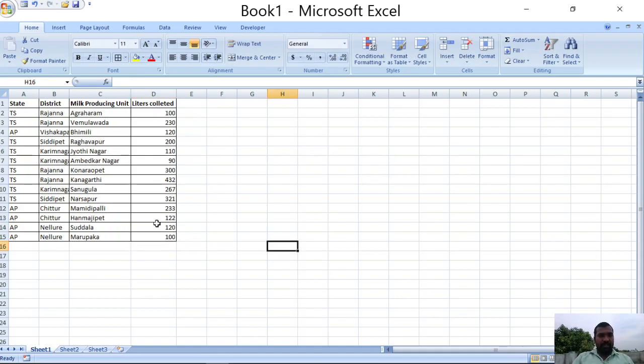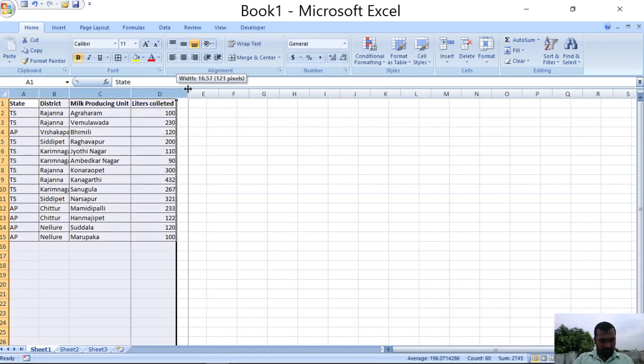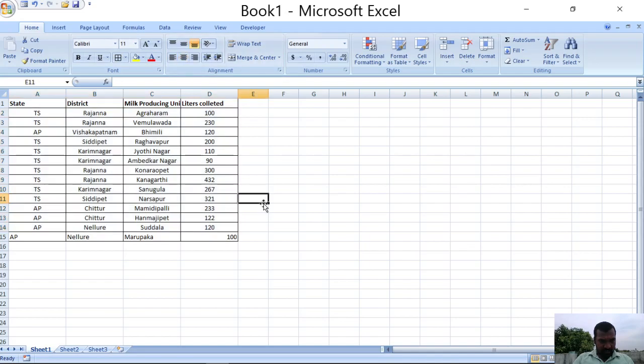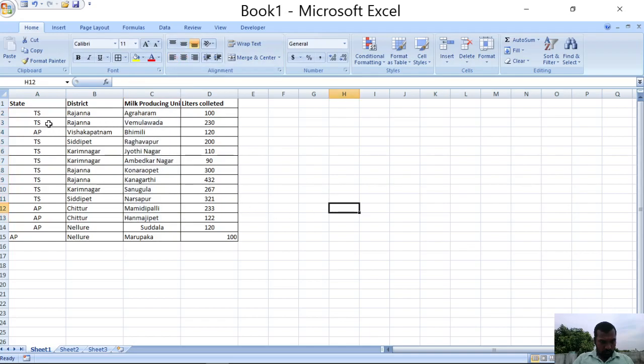Right. So here is some data we have. Observe the data carefully. First let us observe this one.